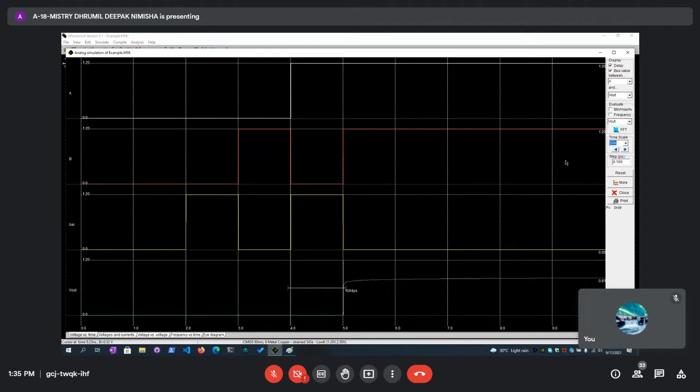So this output, is it a strong logic one? No, ma'am, it's weak. Okay. So all of you can see, when the output is zero, it is attaining complete zero. Okay, no issues. But when you want output high, at that time it should go exactly to, suppose the supply is 1.2 volt, so it should go to 1.2 volt, right? But you are not getting 1.2 when logic high is there. At that time you are getting something above threshold, which means it is less than 1.2. All of you can see this thing.